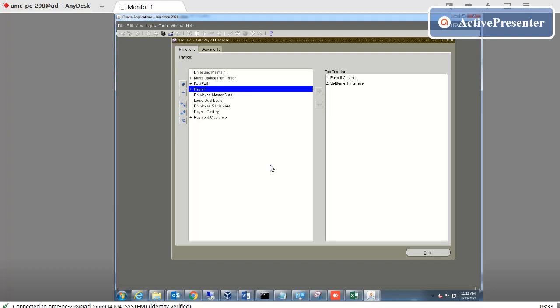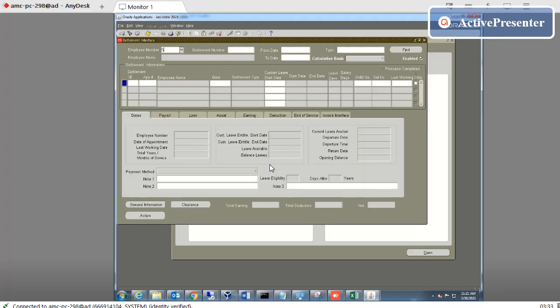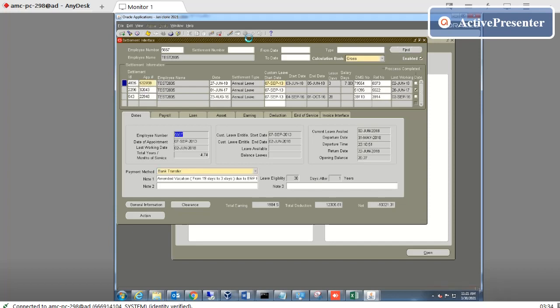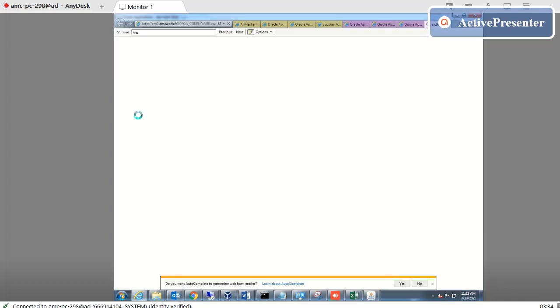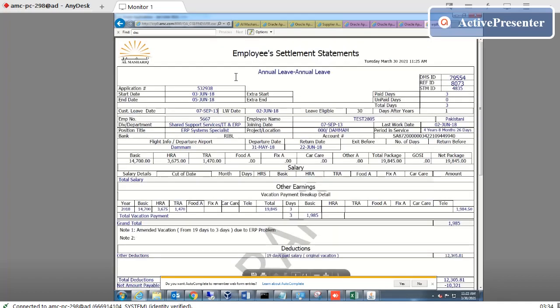Here, I will open employee settlement. This is our custom form already done here. When I click here, this report will be available.